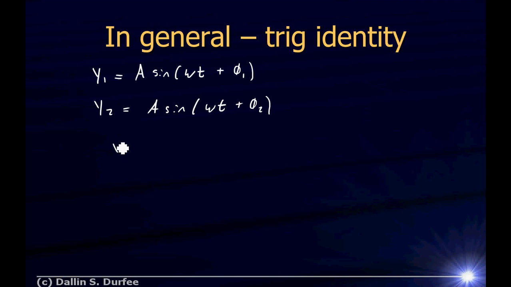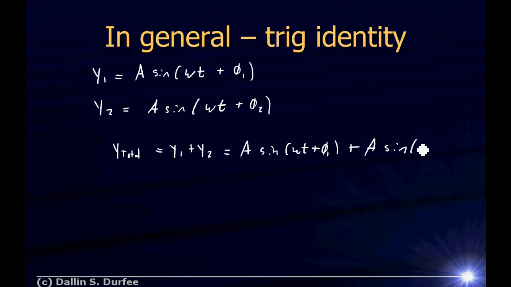The total wave is just the sum of the two, right? Which is just A sine(omega t plus phi 1) plus A sine(omega t plus phi 2). Notice we're taking the simple case where both waves have the same amplitude. All right? Now, there's a trig identity that says if I add two sines, I can factor out the A. Let's do that first. So it's going to be A times [sine(omega t plus phi 1) plus sine(omega t